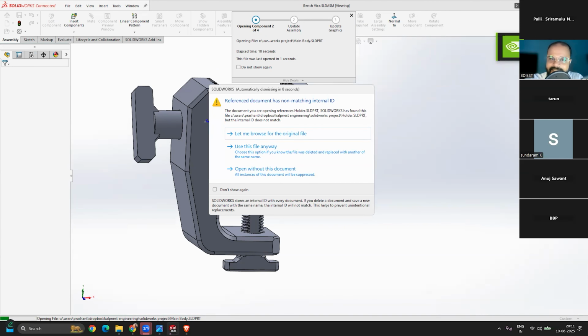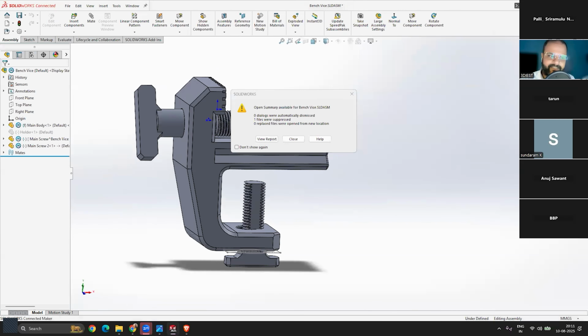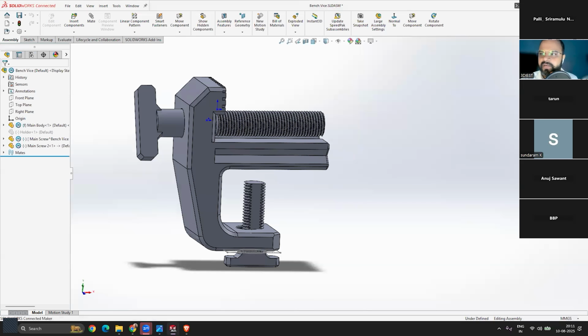Can you write into the chat box what the file extension for the assembly file is, and also what the file extension for the part file is. Just write into the chat box, everyone. Yes, Naidu is right. SLDPRT is for the part file. Similarly, write what the file extension for the assembly file is. Yes, others is right. It's SLDASM. You have written it right, SLDASM, but for the part file, there is no dot and there is no space. Straightforward SLDPRT, right?